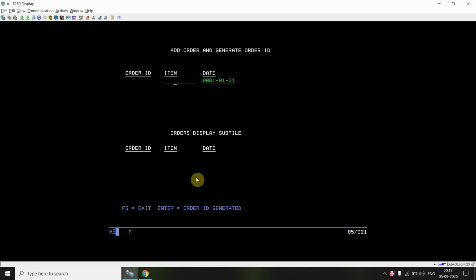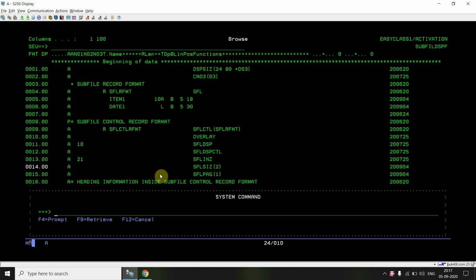For example, I'll write here item B, and it will add them properly. You can see that all the things are handled properly. It adds 2 items at a time and generates the order ID automatically, and they are correctly generated: 1 and 2, 2000001 and 2. Okay, just F3.